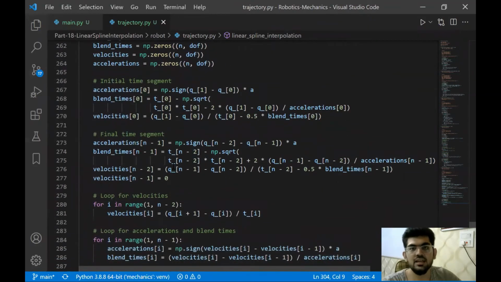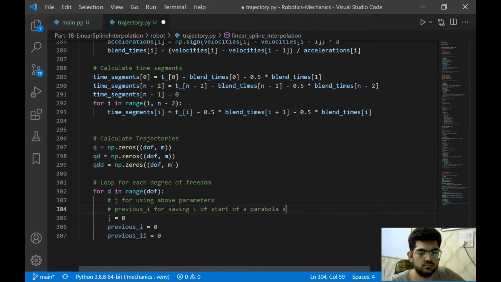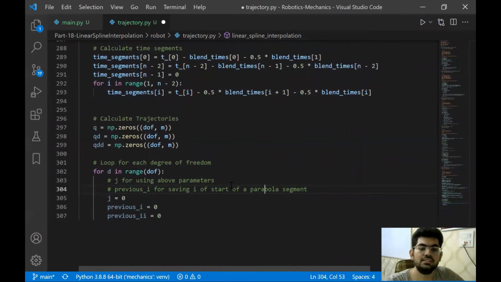We will use J to index these values. Right. Now the previous I will be used for saving the index at which a parabola segment had started. As I said, the use of these values will be more clear. We are introducing them in order for the code to be usable or complete.